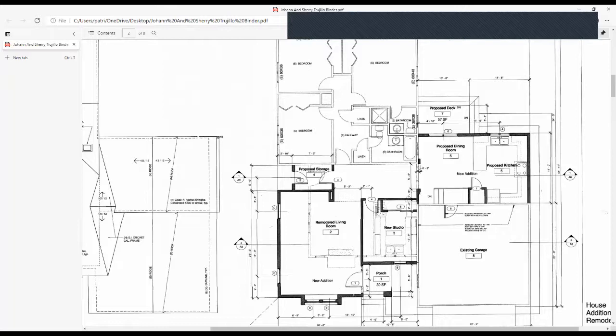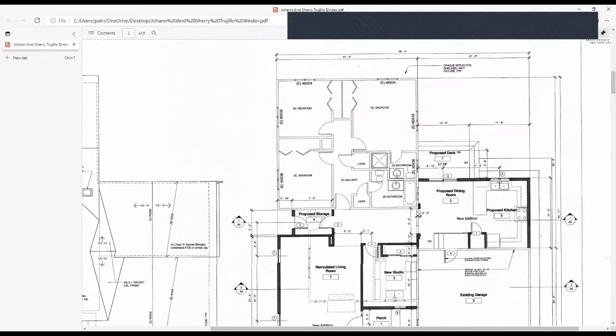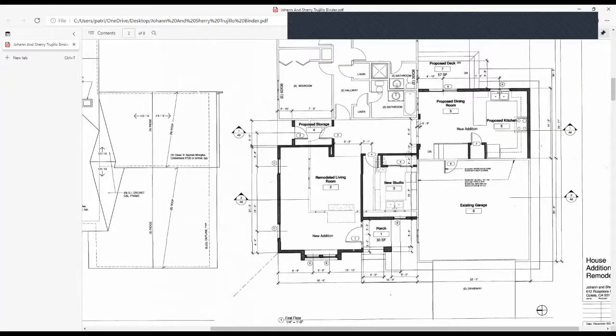So anyway, what I'm just trying to show is how you can talk about what you're going to demo with the dotted lines or some other symbol. And then you can put with the bold lines, which makes sense because it's how it's going to end up. You have the new walls, and then these are existing. The back of the house doesn't change. The garage doesn't change. Everybody got that? Yes. That's about all there is to say about that. Now,